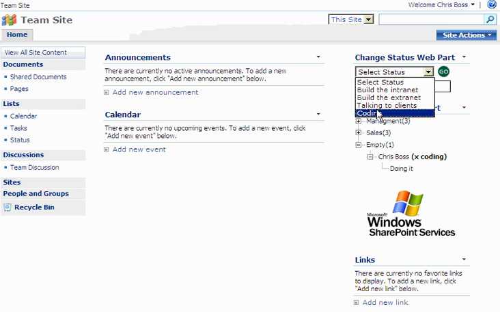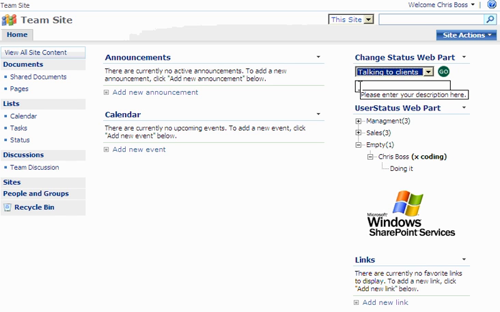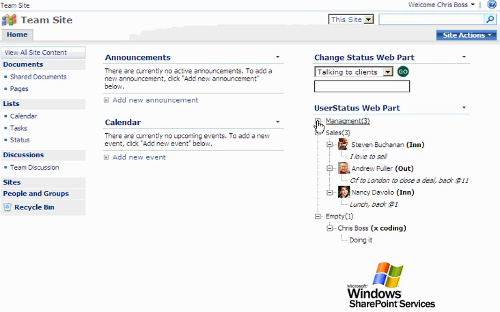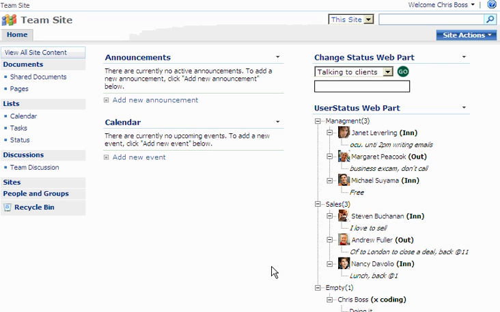So I can choose the status and I can put in free text here, whatever I want to specify. And when I press go, it'll just save back to the user's properties, and that gets pulled up by the second user status web part down here, which will show a tree structure of all the members on my intranet